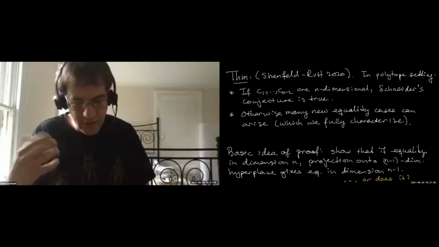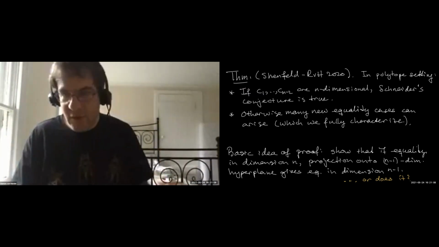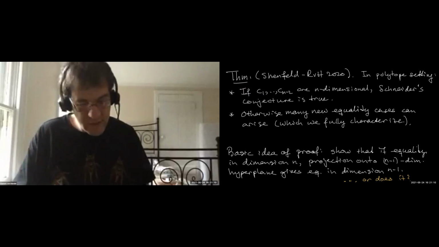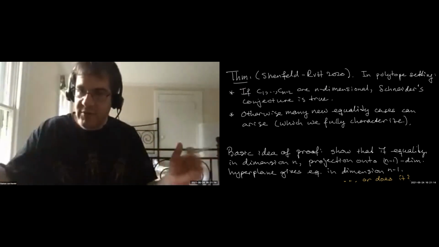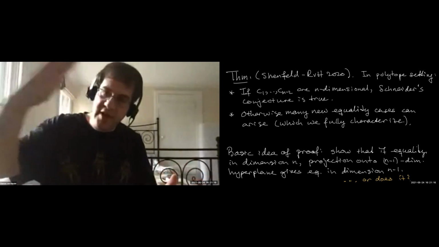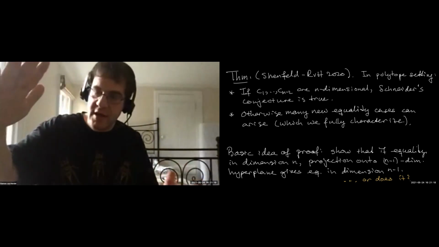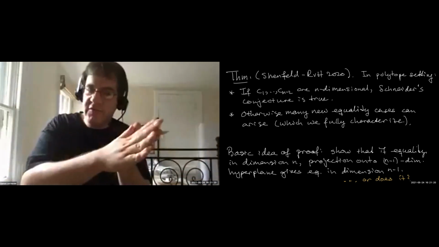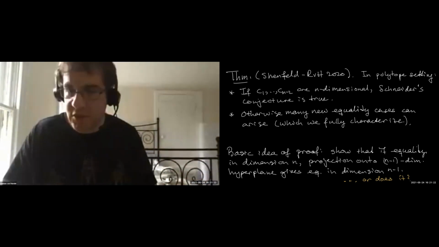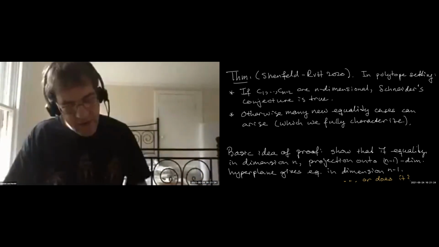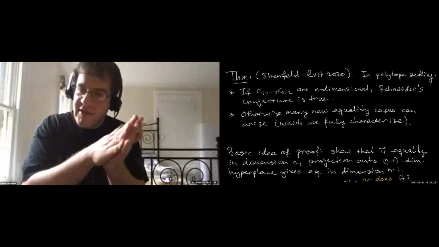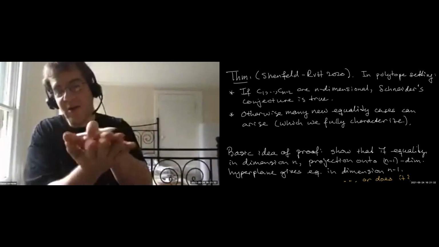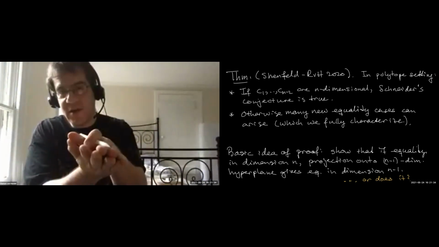So what would you like to do? Suppose we have an equality case in dimension n. Then let's take that equality case, those bodies K, L, C1, C2. Let's pick some n-1 dimensional hyperplane in our n, and let's just project all of those bodies onto that n-1 dimensional hyperplane. Well, if we could prove that those projected bodies must be equality cases of the Alexandrov-Fenchel equality in dimension n-1,